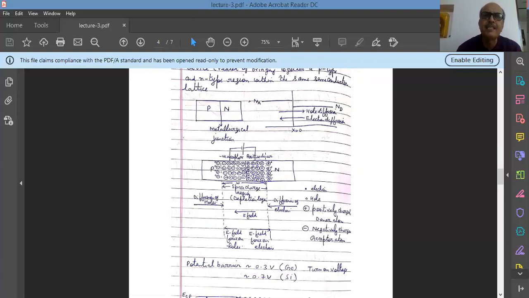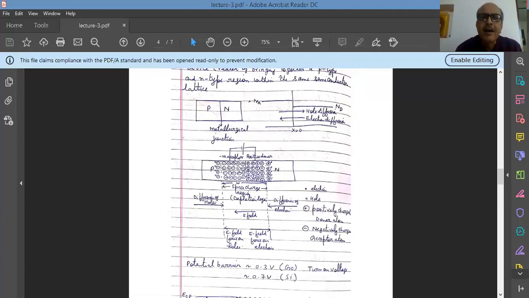So what happens is either an electron diffuses from N side to P side, or a hole diffuses from P side to N side. Basically, this gives rise to the recombination, where an electron-hole pair is lost. That is what is called recombination. So either a hole moves from P side to N side, or an electron moves from N side to P side. It gives rise to a region where there is neither an electron nor a hole.